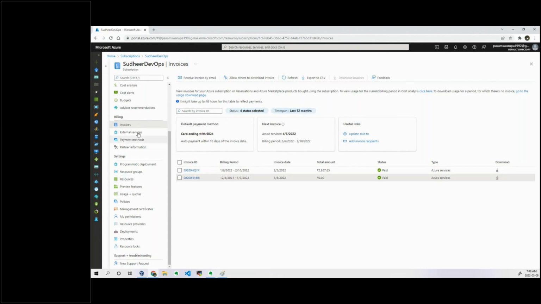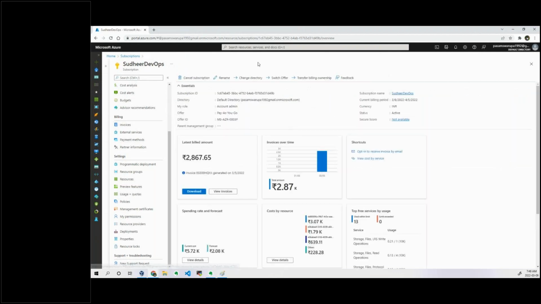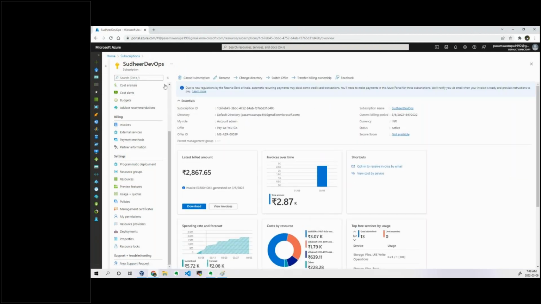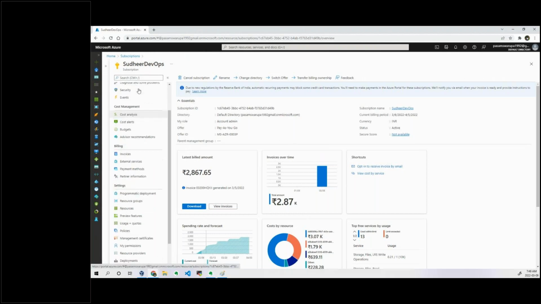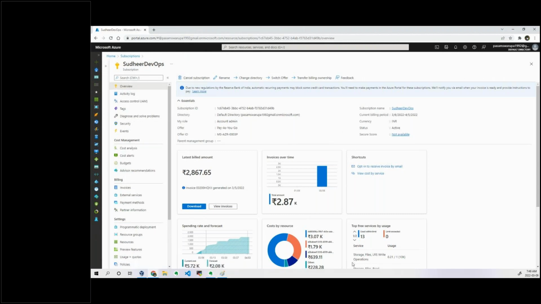Okay, so that is a subscription. In a particular tenant, it is under one tenant, right? So here I can create a number of subscriptions. If I want to create a subscription, I can just do it. If I want to cancel the subscription because I feel I'm using more bill than what I expected, and I don't want to continue with this particular Azure Active Directory subscription which I'm using right now, you can cancel it. It is up to you.